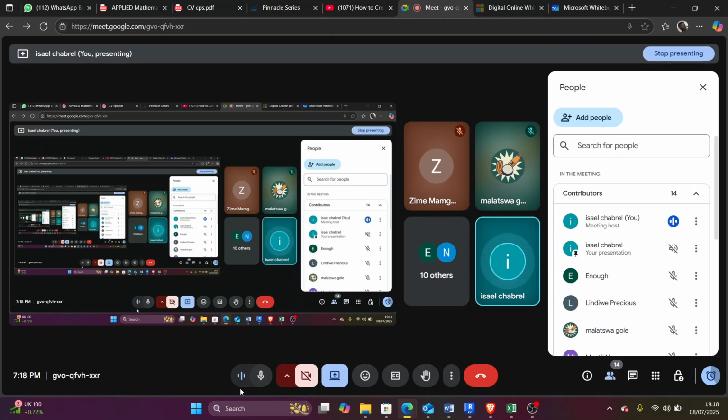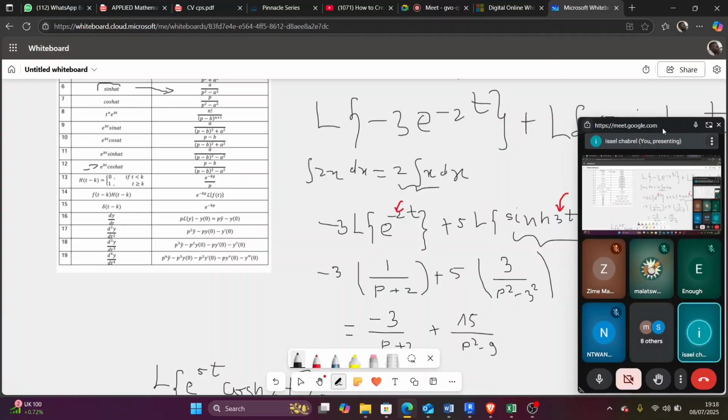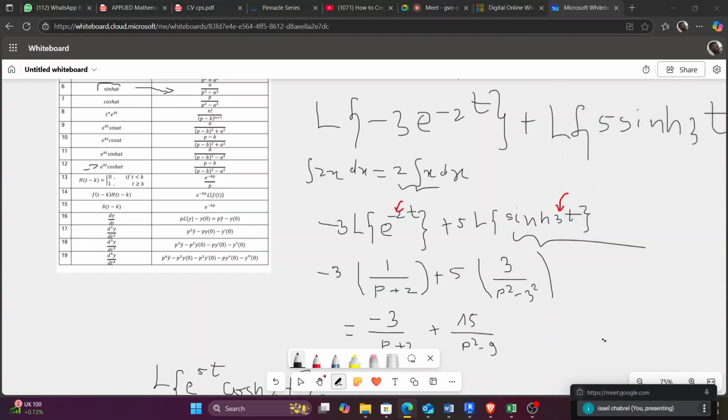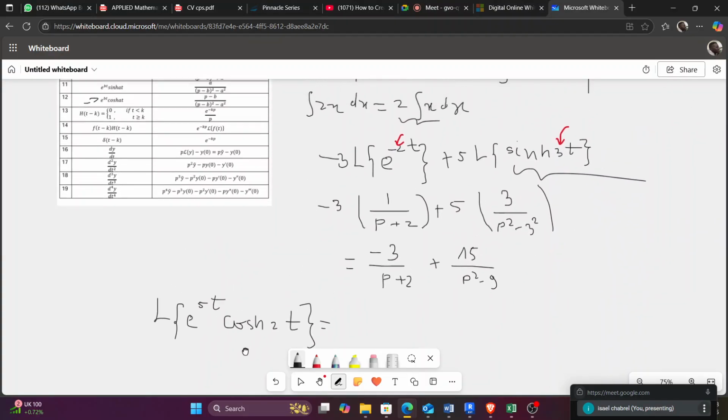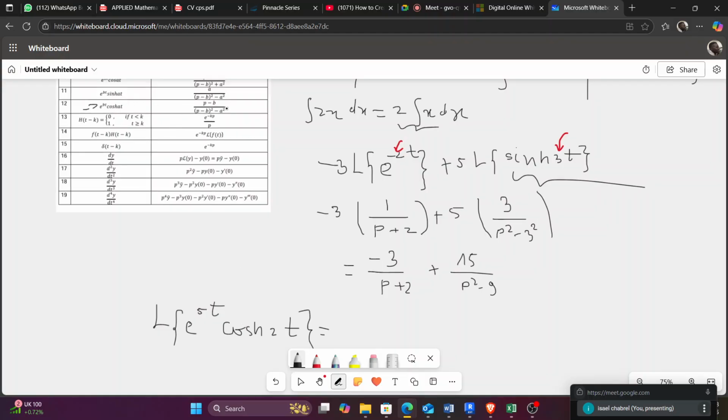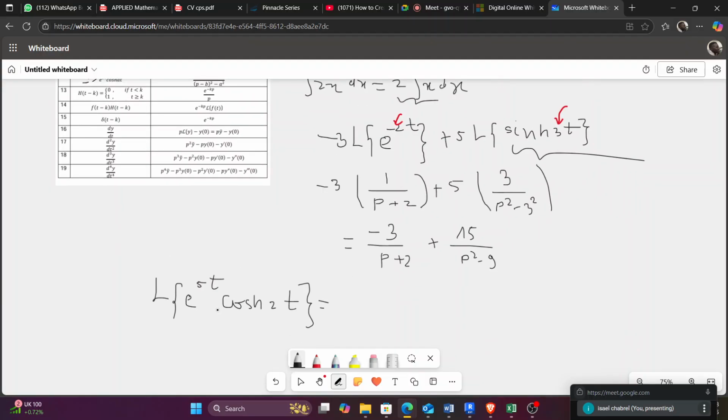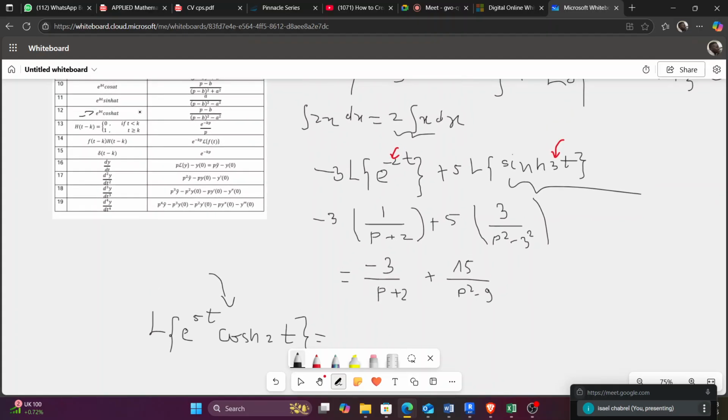Okay, sorry, my guys, I just had a call. Okay, we are back. What I was trying to say is, whenever you have a question, please pay attention to what is being asked. Because if I ask you to solve this question here, you will literally come and put this formula here. If I said solve Laplace of this function, you choose the formula, and you write your answers. I don't know if you see it.